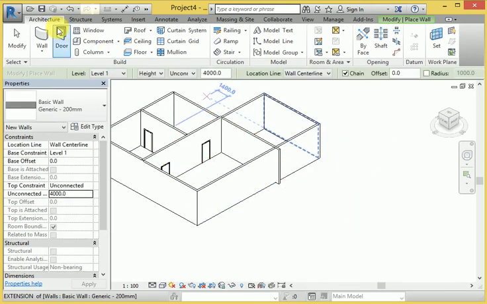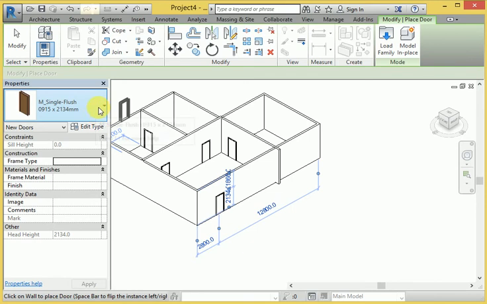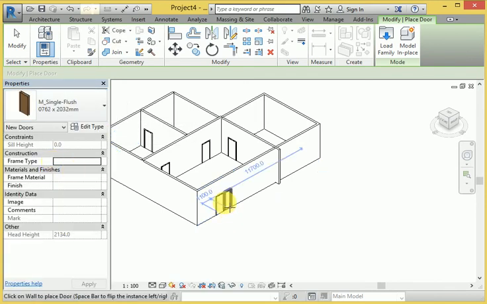If I want to apply the door here, so this one, and also apply this door. There are many different sizes of door available here, the larger door and the smaller door, so many types of door are available.